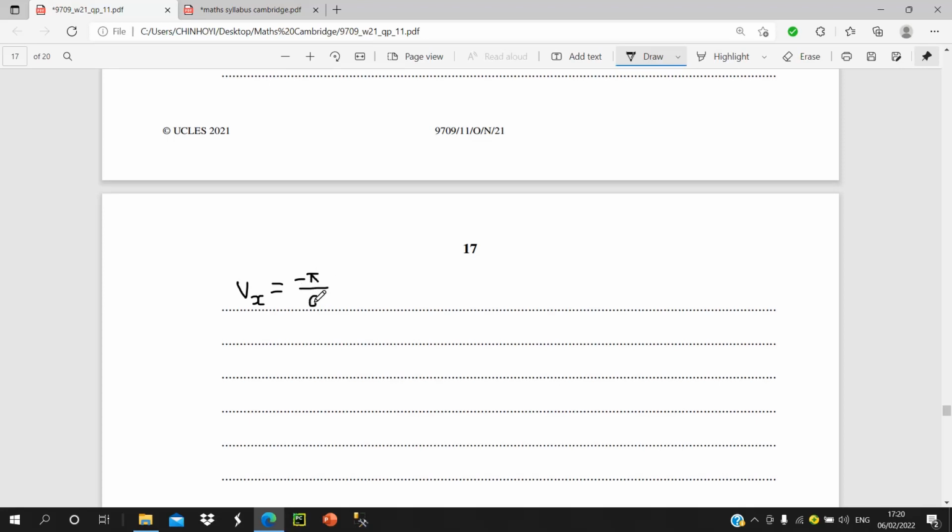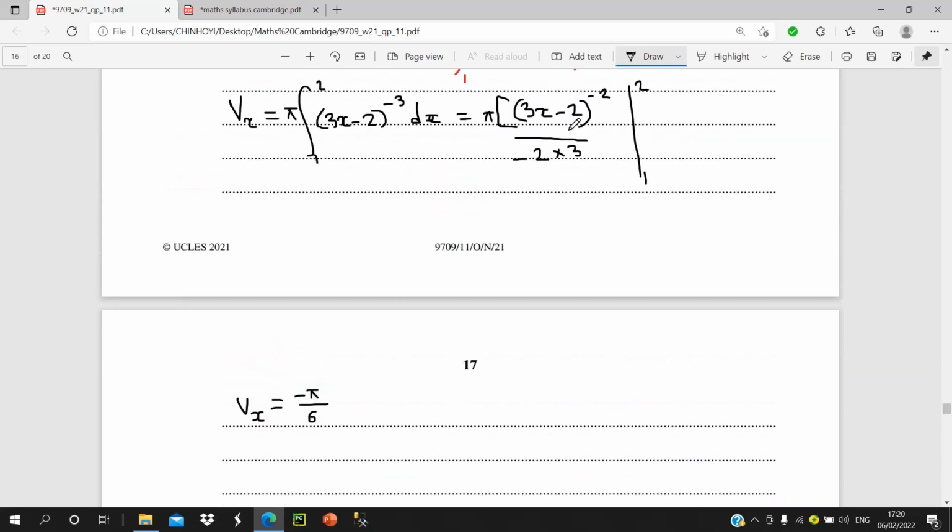Negative pi over 6. Where is it coming from here? Because here in the denominator it's negative 2 times 3, then pi over 6. Then we have this one. Then if we simplify this one again, you can write it as 1 over